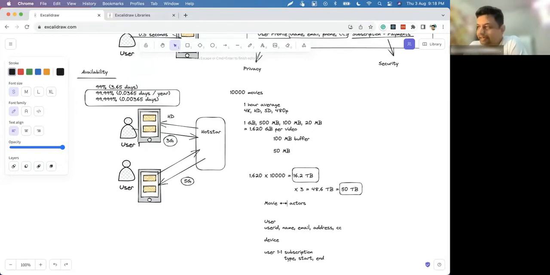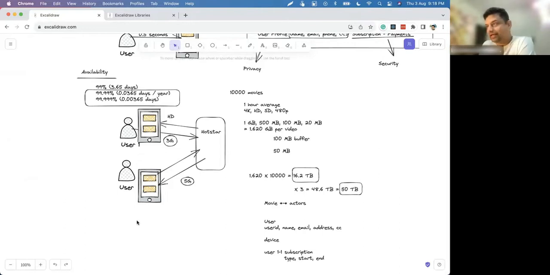So database size also you can calculate, because there are only 10,000 movies. You may store thumbnails.